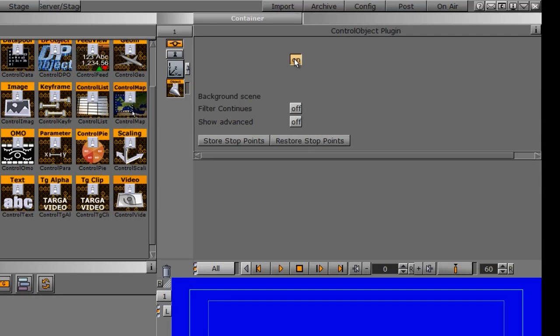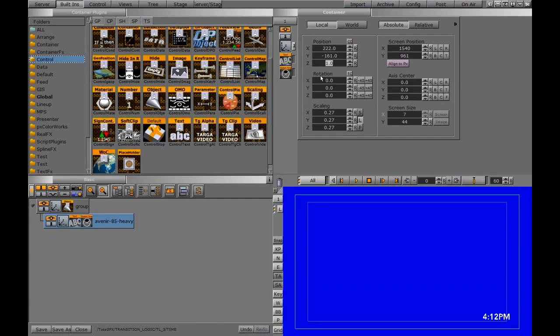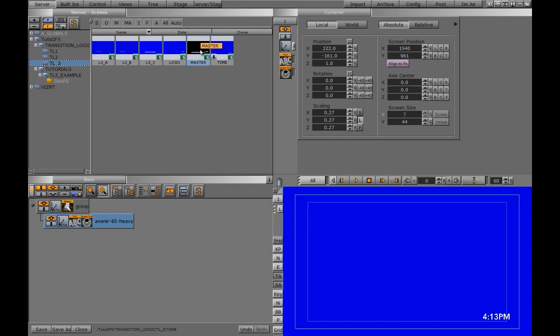So I'm going to turn my transition logic on. Our background scene was master. Our state identifier was A. Our layer identifier was called time. So I can go ahead and save that and just make sure that your Z position is set to 1 or 2. So let's go back into our master scene, and we're going to add one more element here to